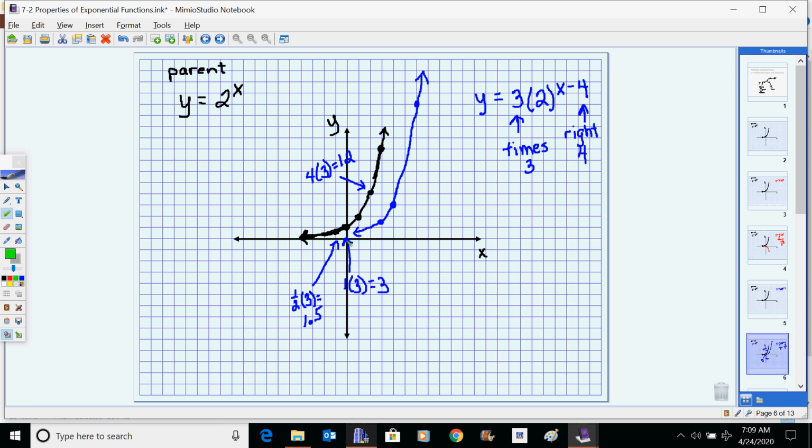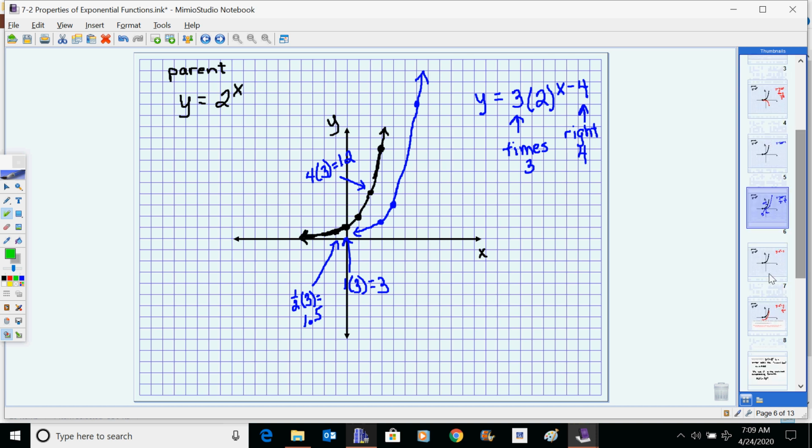But the whole thing has been multiplied by 3 and then moved over 4. And you end up with your new exponential function that has been based off of the original parent, shifted, multiplied, and then stretched. Okay,